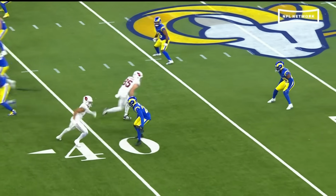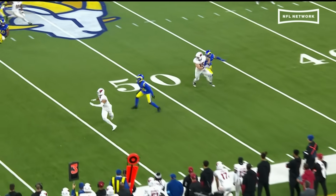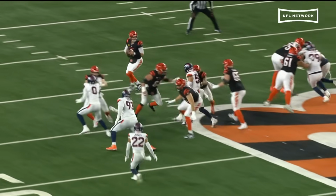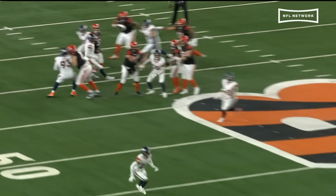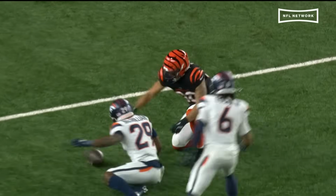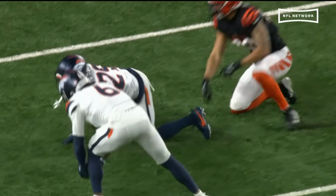Good anticipation and perfect accuracy. It's good coverage on the back end, but that ball is trying to get the ball snapped. 26 yards as it stands right now. So it looks like he and McMillan are fighting for it as